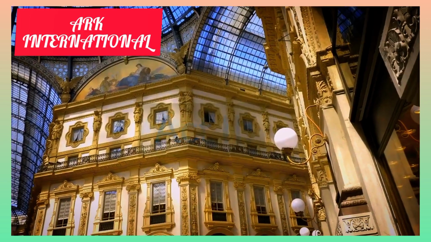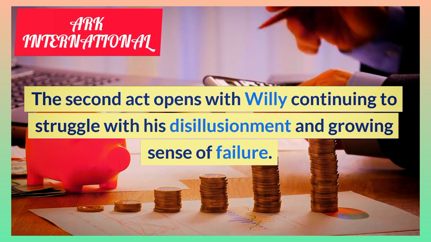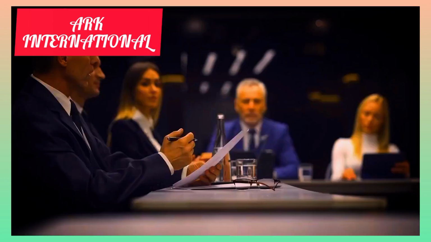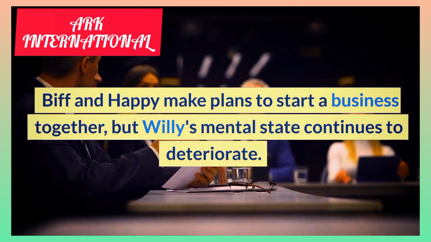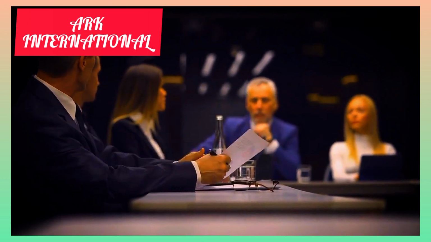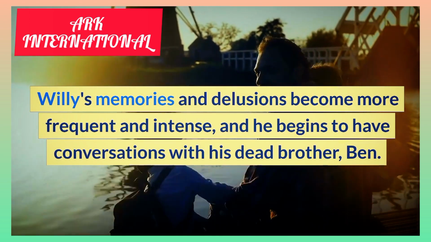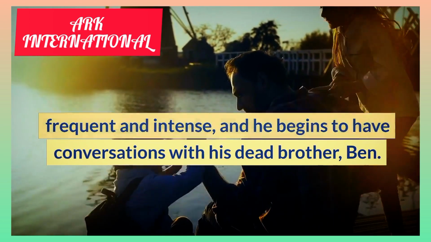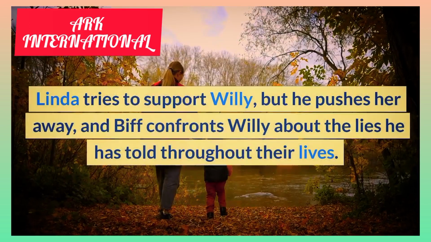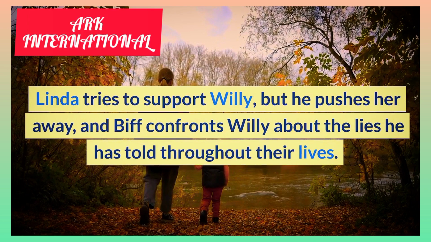Act 2. The second act opens with Willie continuing to struggle with his disillusionment and growing sense of failure. Biff and Happy make plans to start a business together, but Willie's mental state continues to deteriorate. Willie's memories and delusions become more frequent and intense, and he begins to have conversations with his dead brother, Ben. Linda tries to support Willie, but he pushes her away, and Biff confronts Willie about the lies he has told